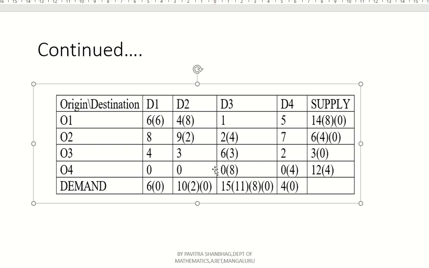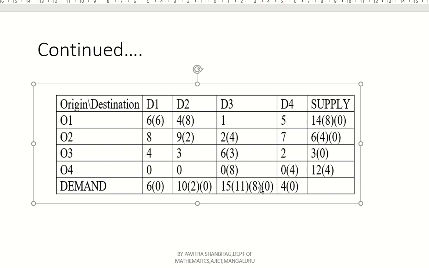Now concentrate on third row, third column. Now minimum of 11 comma 3. Which is the minimum? 3. Now assign that 3 value here. Now remaining is 0. Again the third row vanishes. After assigning this 3 here, 11 minus 3 means 8 remains, right? Now here 8 remains and here demand 4 remains. 8 plus 4 is 12, and supply is also 12. So our calculation is proper. So total demand and total supply are equal.